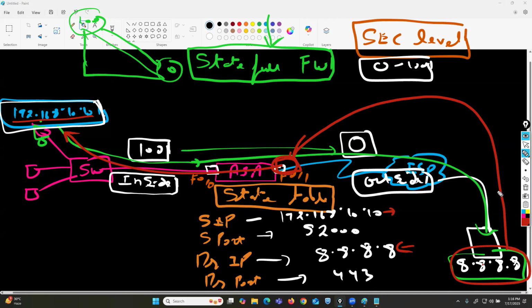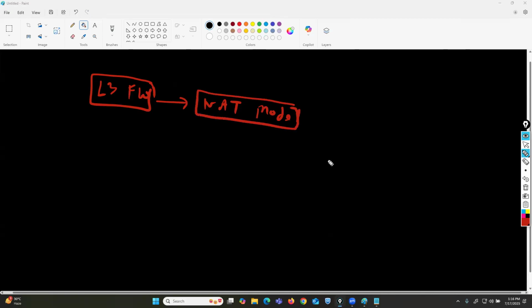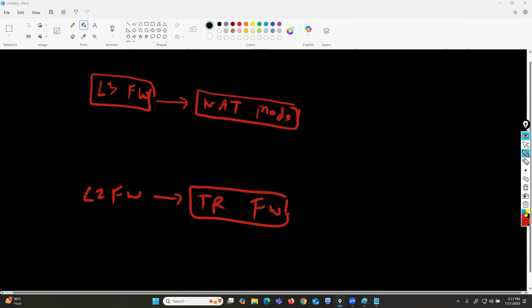Now let's talk about one more common concept. It's called firewall mode. So we can use our firewall device in two modes. We can use our firewall device as a layer 3 firewall box, or you can say NAT mode firewall device. And we have another mode, called layer 2 firewall, or you can say transparent firewall device. So in case I'm using this box as a layer 3,